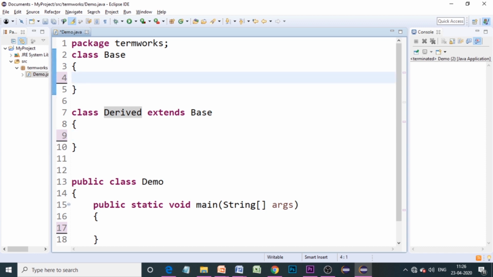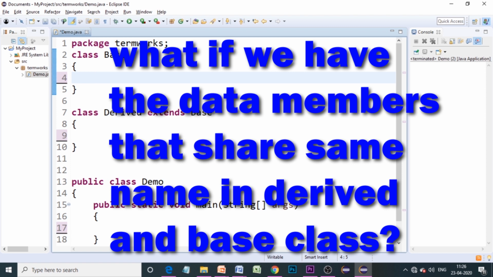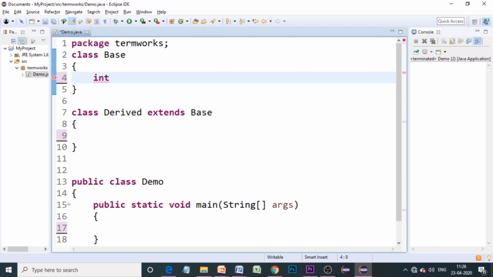What if I have data members whose names are the same in both the parent class as well as the child class? Let's see that. For that I have taken an integer data member x and I'm going to assign the value 100.